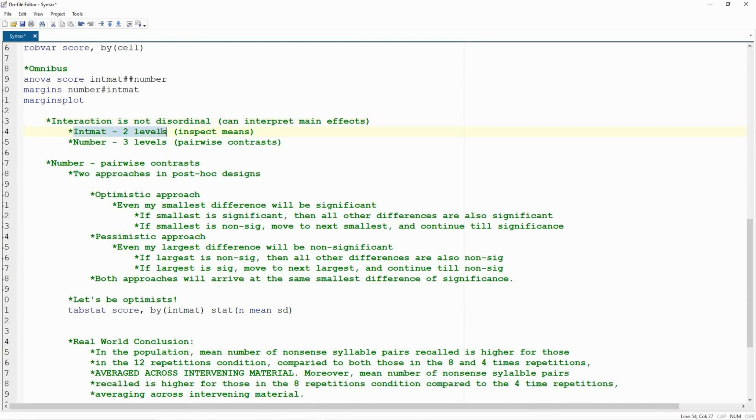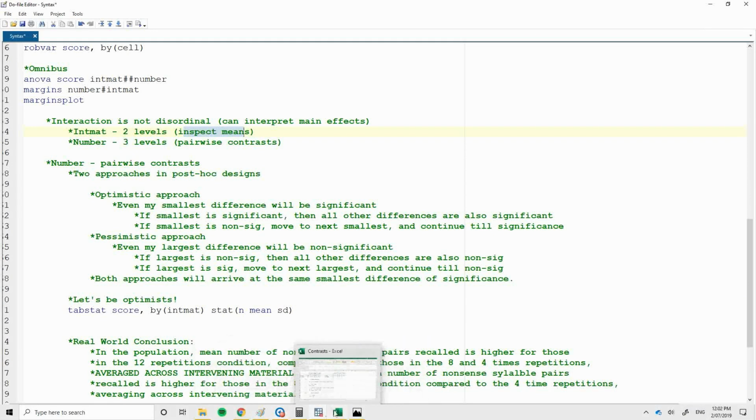Intervening material has two levels. It was nonsense syllables or it was numbers. And because it only has two levels, we can just inspect the means. We spoke about this last week in the context of gender. So if we inspect the means,